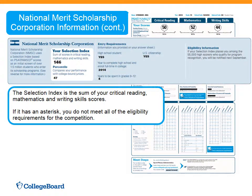It shows that the selection index is the sum of your critical reading, mathematics, and writing scores. If it has an asterisk, you do not meet all of the eligibility requirements for the competition. So you have to be a high school student, you have to plan to complete high school and enroll in full-time college, and you have to have spent 4 years in grades 9 through 12